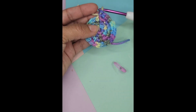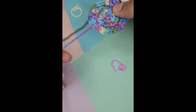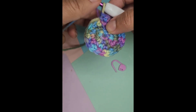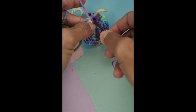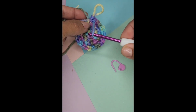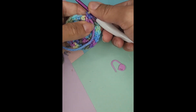But another thing I like to do is, I don't usually have these handy, so I just grab the leftover yarn that we leave at the beginning. And right before I start my next one, I'll put it through the last hook and just pull it through. You can pull it out later. Either you leave it like a loop or just pull it all the way through. And then you continue,